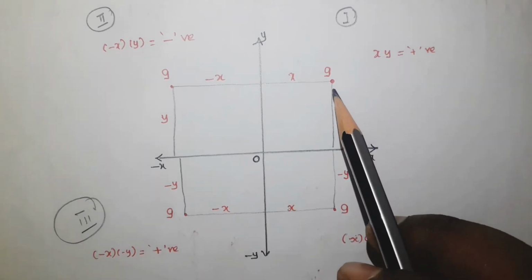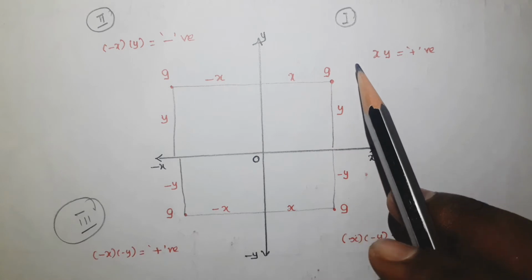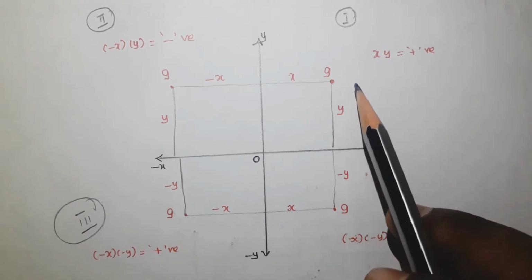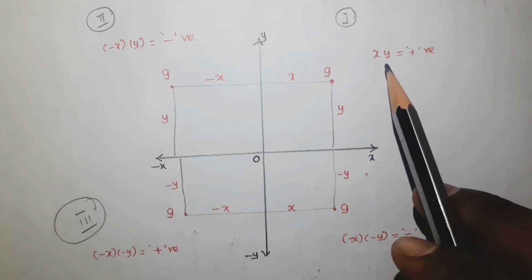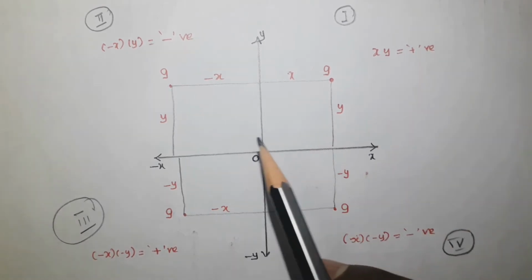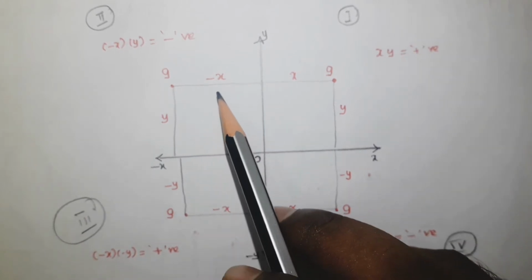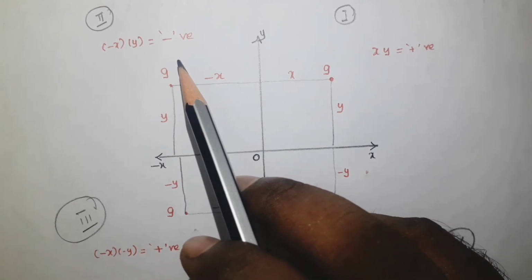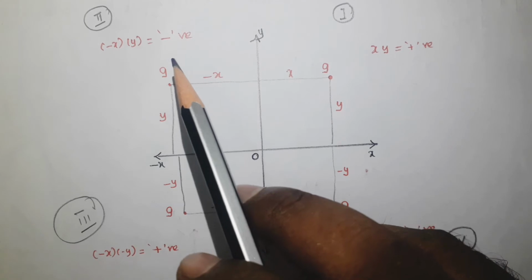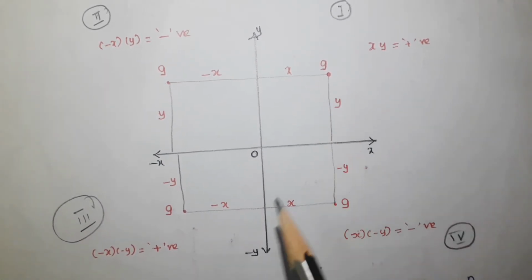Now if the centroid is in the first quadrant, that means the maximum material or the maximum area is in the first quadrant, then both x and y will be positive. So the multiplication of x, y will be positive. Suppose the maximum material is in the second quadrant, then the x component will be negative, and the multiplication of these two will also be negative. So the product moment in this case is negative, but when it is in the first quadrant it will be positive.